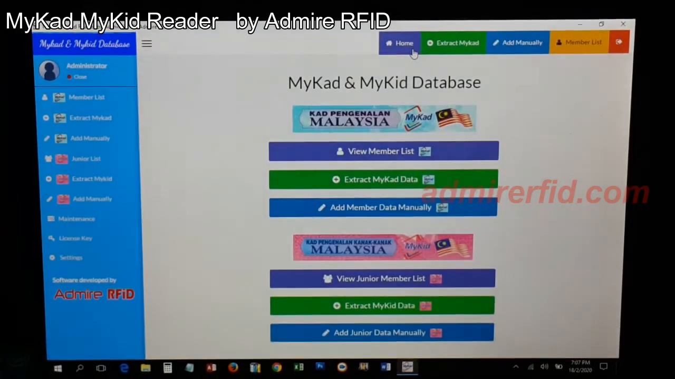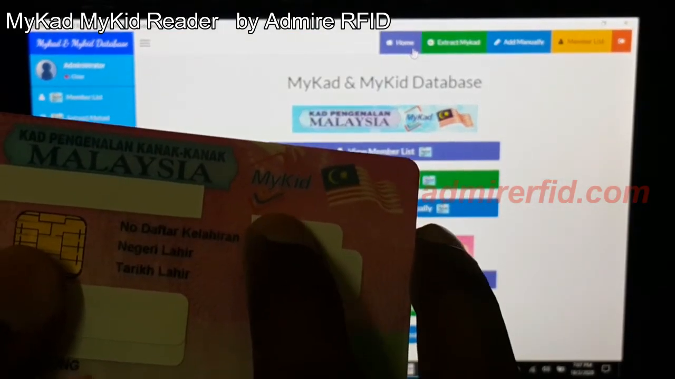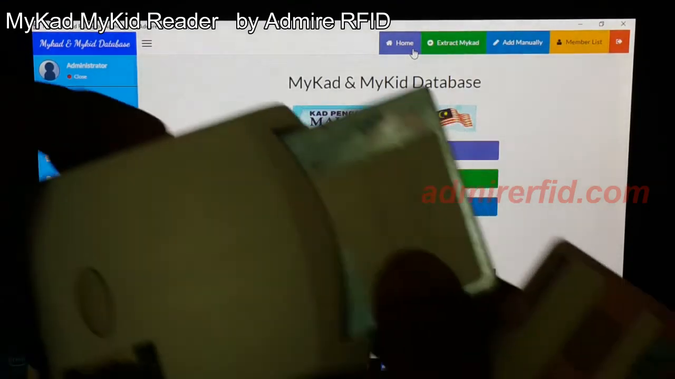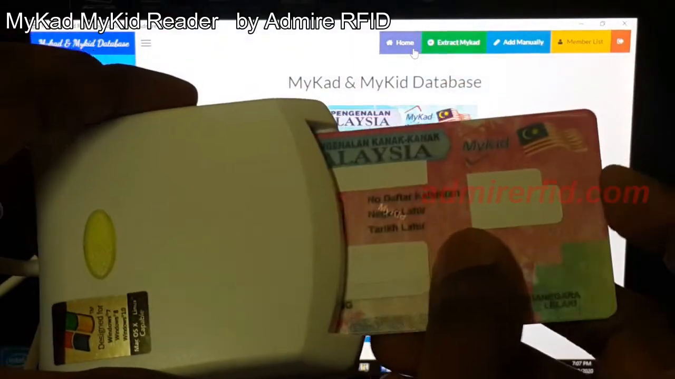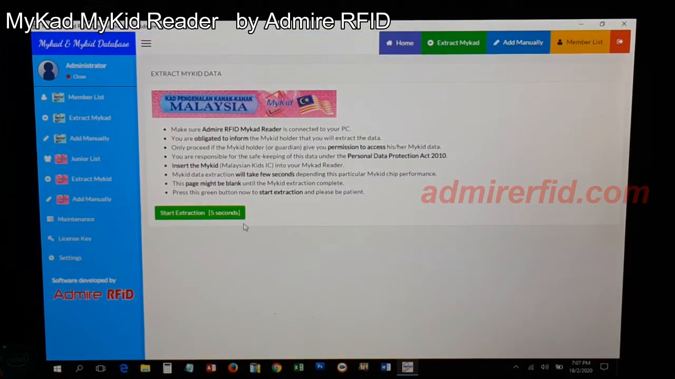Now let's mess around with MyKid. Now it's MyKid's turn. MyKid, you can see the logo, right? MyKid. All right. Let's just remove the MyKad and put in the MyKid. Okay. Again, the chip must go inside first, and in the home screen you can click on extract MyKid data. Okay, so it will tell it takes approximately 5 seconds. Click on it,